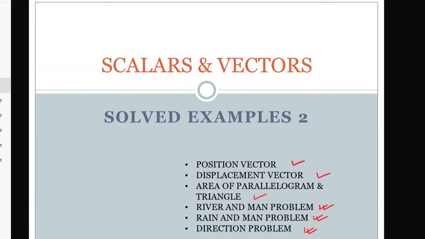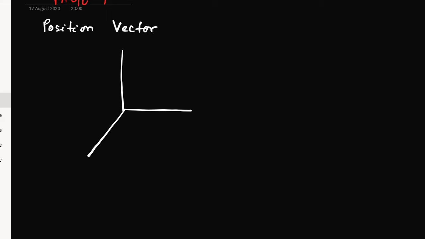So let's get started without any delay. As I said, I will first discuss about position vector and what it is. See, what is the need of telling or assigning a position? Okay, why it is necessary? So when we are dealing with vector quantities, it is very much important that we are sorting it out in a Cartesian coordinate which is in 3D diagram. This diagram you have already seen before.